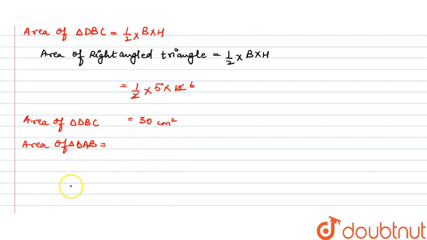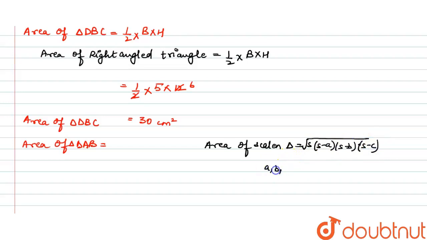So that area is given by, area of scalene triangle is given by under root of S into S minus A, S minus B and S minus C, where A, B and C are lengths of sides and S is semi perimeter